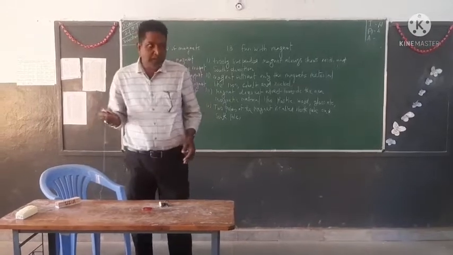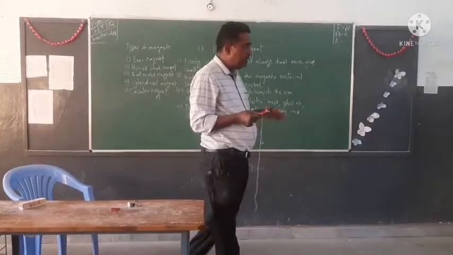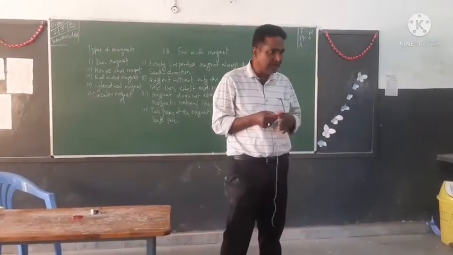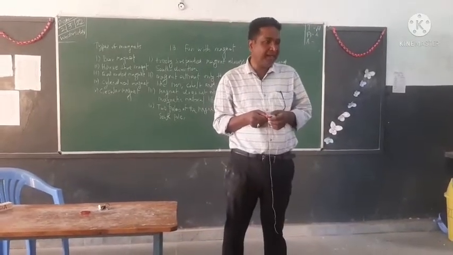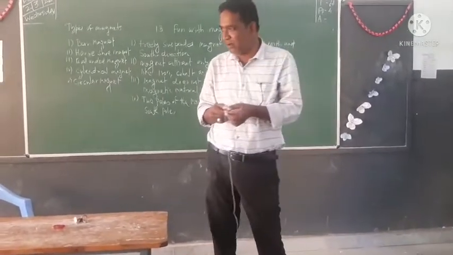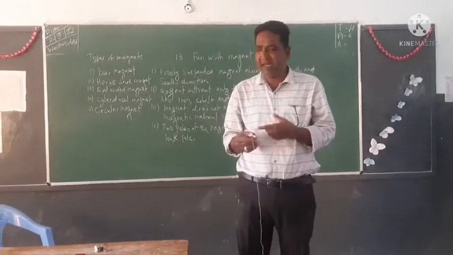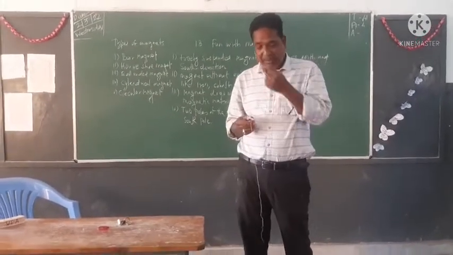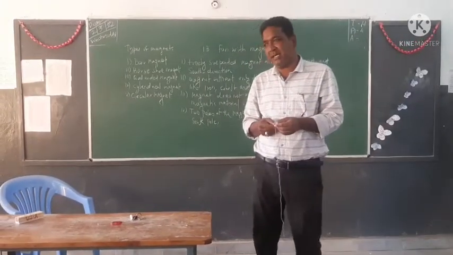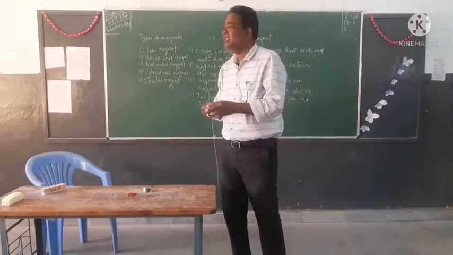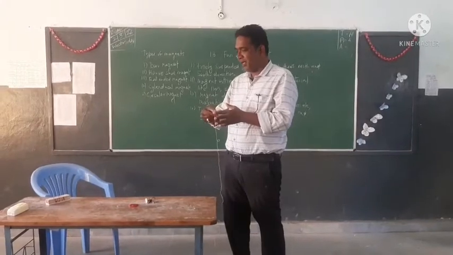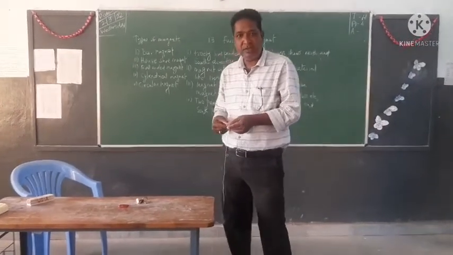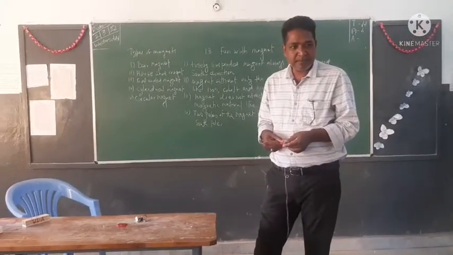Understood? अगर मैग्नेट को सेफ रखना है, तो उसकी मैग्नेटिक प्रॉपर्टी अगर सेव करनी है, तो ये जो दो मैग्नेट हैं उसके बीच में एक नॉन मैग्नेटिक मटेरियल को रखना है. That non-magnetic material may be plastic and may be wood also, है ना? And the two ends of the magnet are kept in contact with the metal strip. उसके बीच में मेटल स्ट्रिप को. Understood? समझ में आया? Yes, sir.